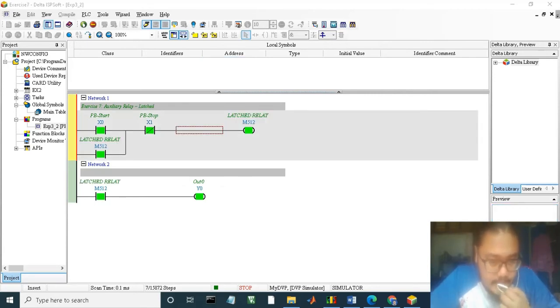Next is exercise 7, auxiliary relay latch. From the exercise, the auxiliary relay is the same as the previous exercise, but for this one it has a special code. The auxiliary relay M512 is latch. When the push button is on, the auxiliary relay loses power. The push button is pressed,